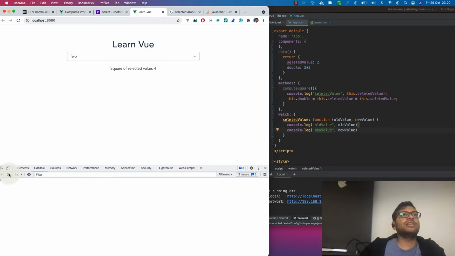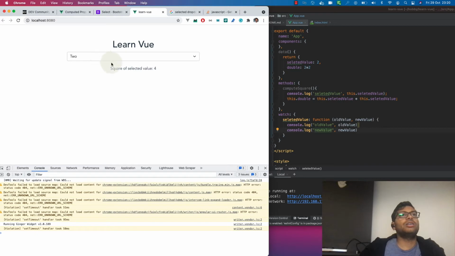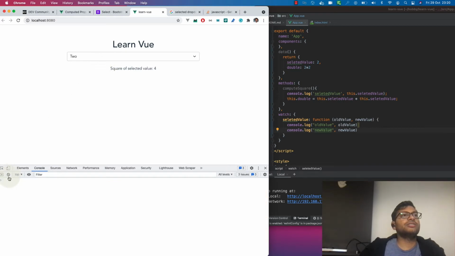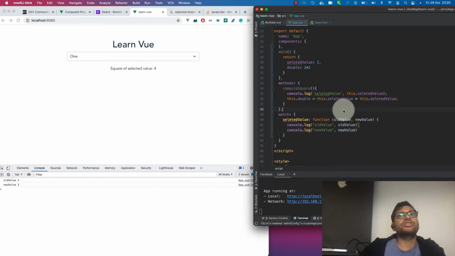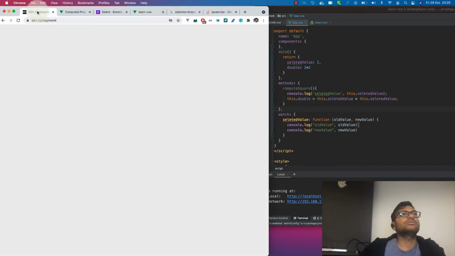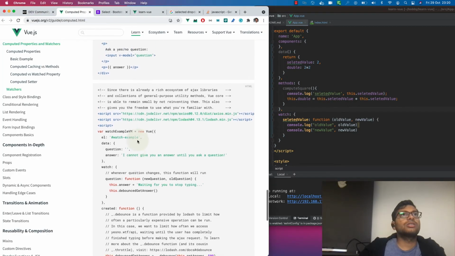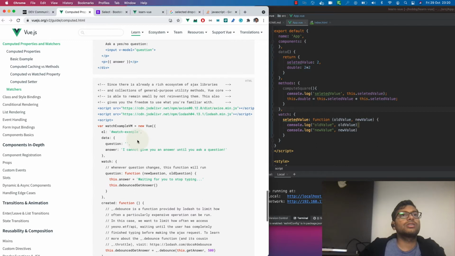So let's see. Initially we are at 2. If we now change 2 to 1, we find that old value is 1 and new value is 2. It is showing, but it should actually be the opposite.